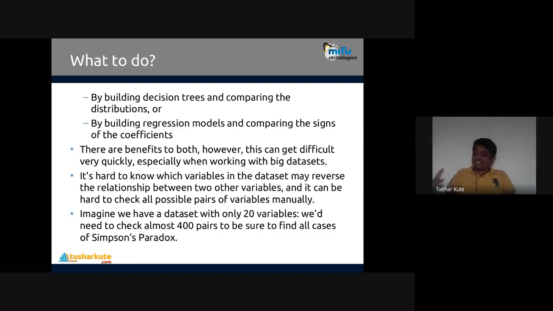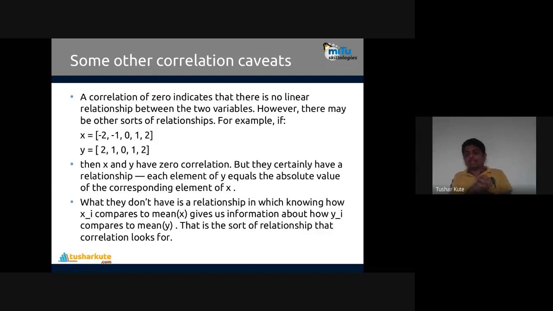400 pairs are required to check. So it will waste time. And if your data set is very long, 20 features, columns, and the data set can also be different, like we have 10,000 entries, 50,000 entries, 1 lakh, 12 lakh entries are possible, then it will be very time consuming to check such things. But if such scenarios are there, then we just have to focus on identifying it by making such combinations. There is no direct formula present with the help of which you find that Simpson's paradox is available, but it's time consuming. It's a problem of data science, data analytics. Most of the time, when you see the impact of a third variable, it will create it.